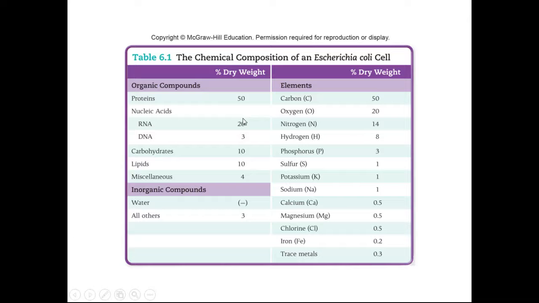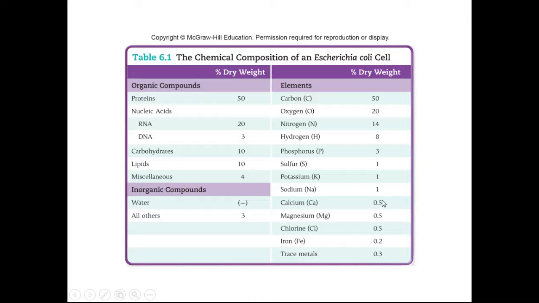We have a lot of nucleic acids, we have some carbs, we have some lipids, we have some... 3% of the dry weight of the cell is inorganic compounds other than water, because we removed all the water by definition for the dry weight of the cell. And if we look at that dry weight of the cell, we have lots of carbon, lots of oxygen, lots of nitrogen, hydrogen, and phosphorus, and sulfur. Schnapps. And then you can throw in potassium and sodium if you want as well.